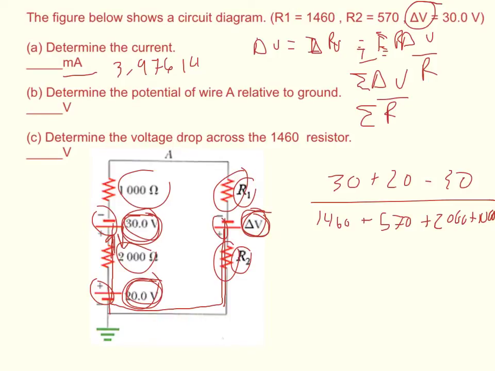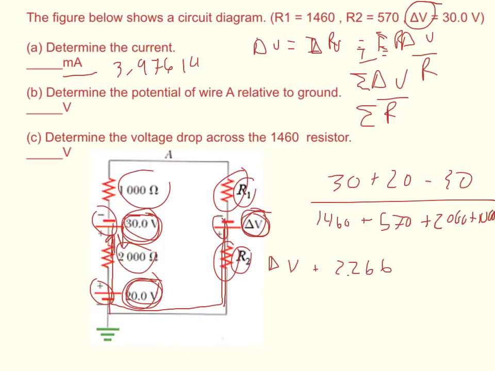It's actually easier to think of it starting at the ground. If we start at the ground and go this way, we're going against the current, so you would increase in potential from here to here. So you would do I times R2, which I said was 0.003976. We have to take the amps, not the milliamps. So 0.003976 times R2, which is 570, gives us a delta V across that resistor of positive